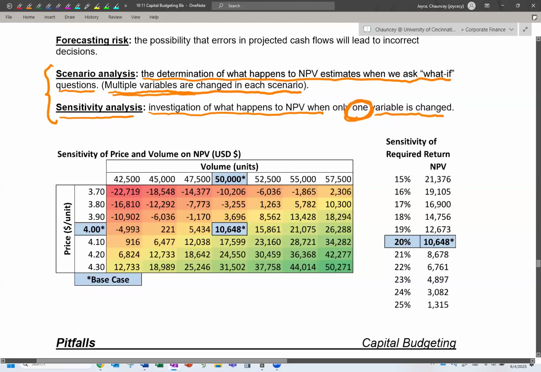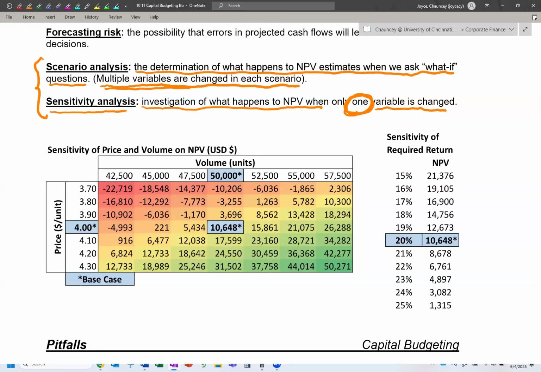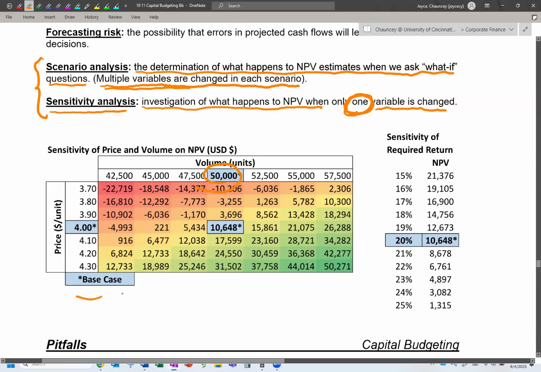I love making these data tables. Again, if you're interested in these, I can just share these models with you. But from the numbers we saw above, I just took a base case number here, and these were ways I would help influence my team to see if there was any other low-hanging fruit with a project. If our base case volume here, that's what's in blue, is 50,000 units, and our base case price is $4 a unit, our base case net present value is maybe 10 million, that is, whatever. In this case, it's